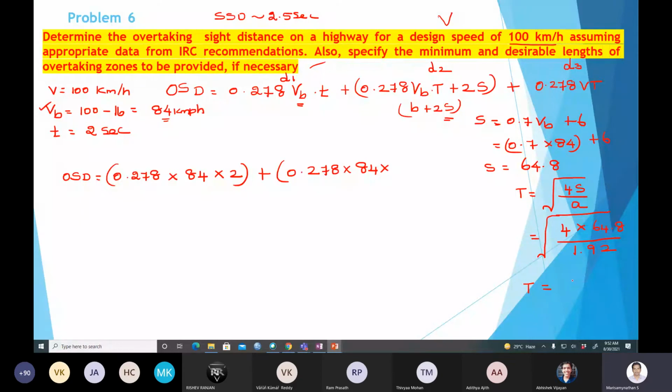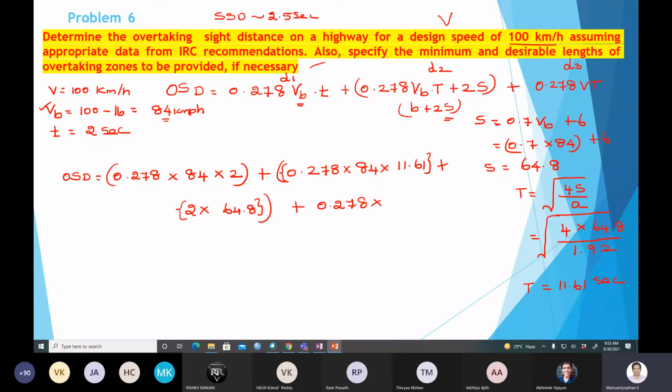What is the value for T? It's 11.61. This is a time, so it is in seconds. Now you have all the values. You apply 11.61, plus another component, which is 2 into S. S is 64 into 8. S is nothing but the space, so it is in the unit of meters, plus